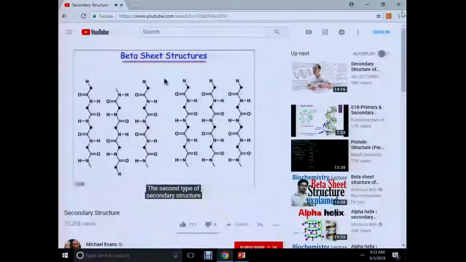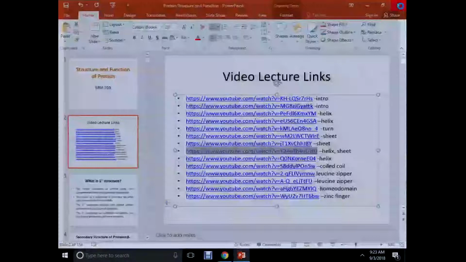The second type of secondary structure or hydrogen bonding pattern that emerges is that